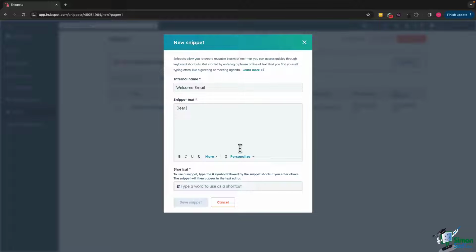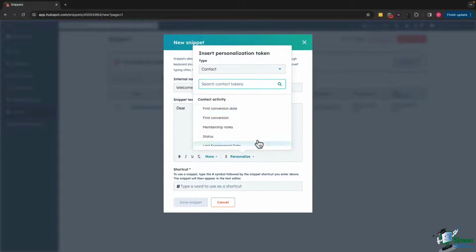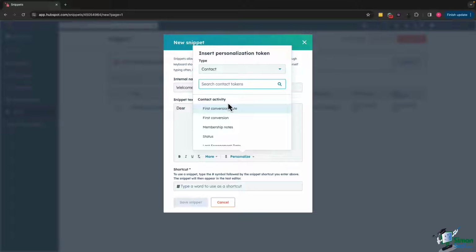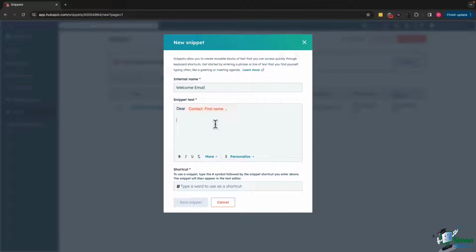And in this lower corner, I can take information from the contact and put it directly in the snippet to customize it to the person that is receiving it. So I would say dear, and then I could put their first name into the snippet just like so. This is the beauty of it. You can get their first name automatically. And I can write an email here,